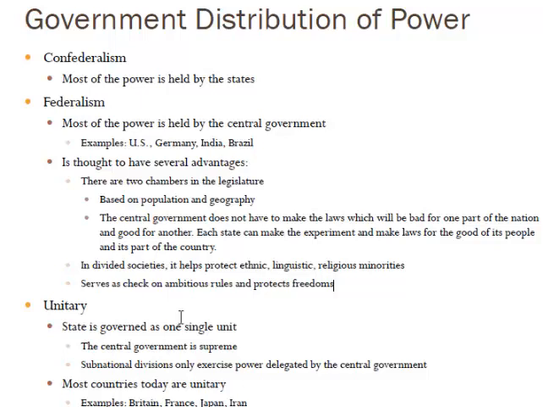The opposite type of government is the unitary government, where the entire state, in this case state means country, like England, France would be a state. I know in the US we call states parts of the country, but in most countries the state really means the entire country. So a unitary government, which includes most countries today, including Britain, France, Japan, Iran, many others, Israel included as well, has one central government, and you also have smaller subnational divisions, provinces, cities. You have all of those smaller governments as well, but they all derive their power from the central government.